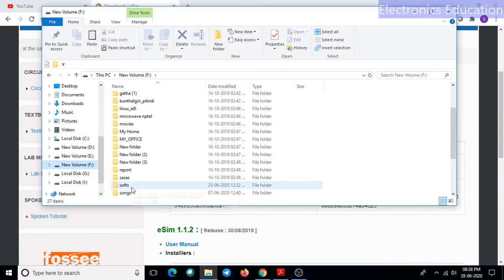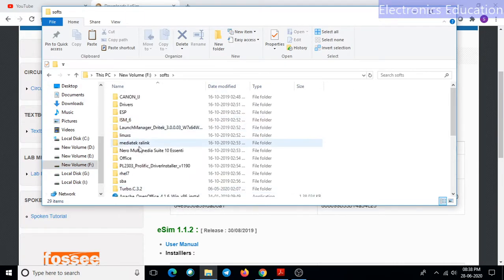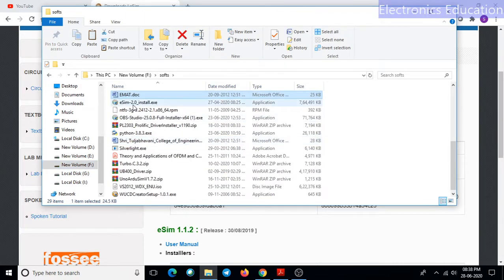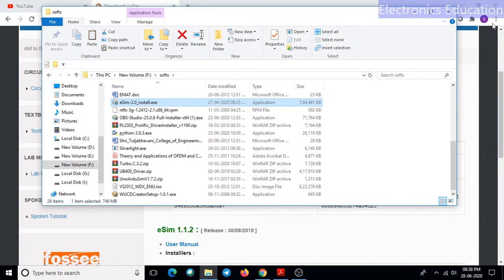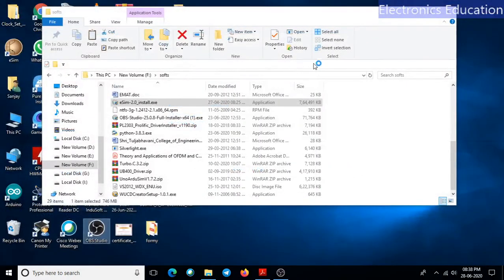So here I have the software downloaded. Now to install the software you need to right click the software package and run as an administrator. You will find that the software will try to install into your system.